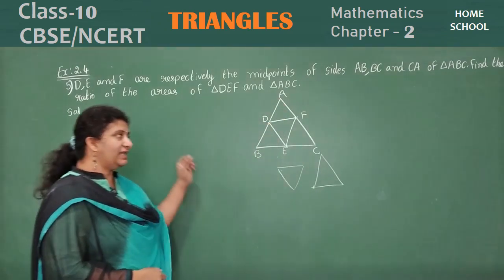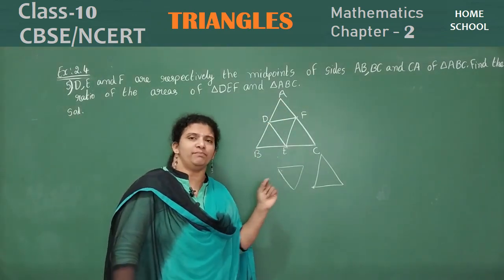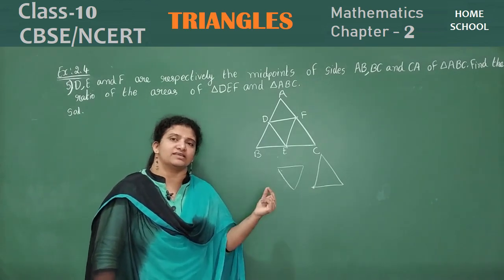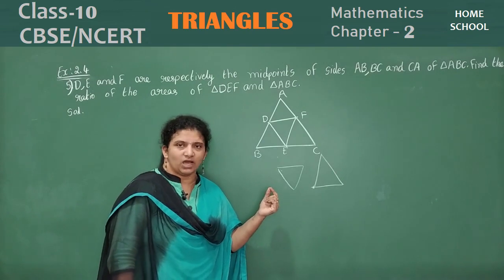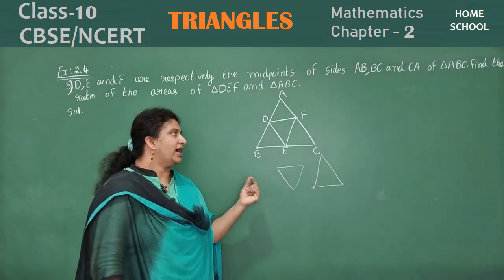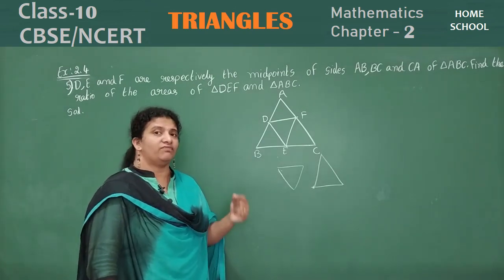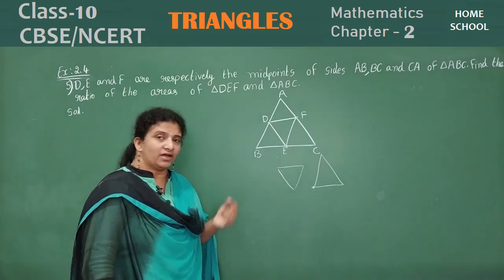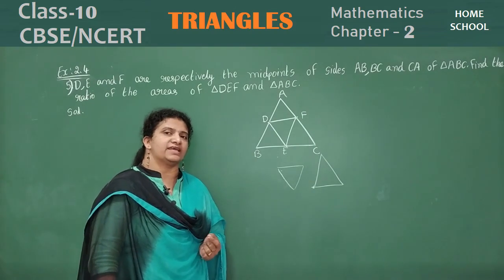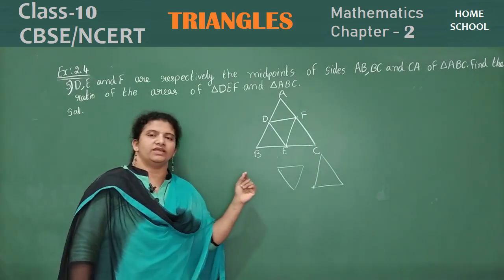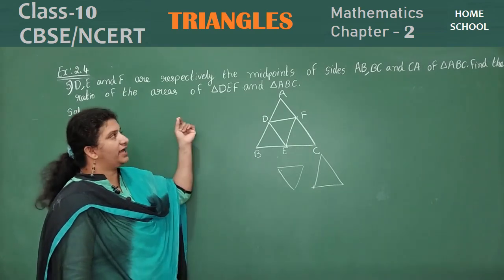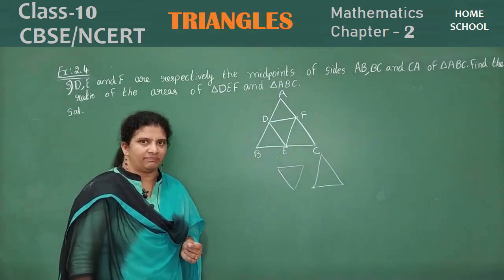By that, I can create the ratios in proportion. If they are in proportion, therefore the triangles are similar. Okay, therefore the two triangles are similar. If they are similar, what can I say children? By theorem 2.6, areas of similar triangles. If these two triangles are similar, then the ratio of their areas you can find easily.